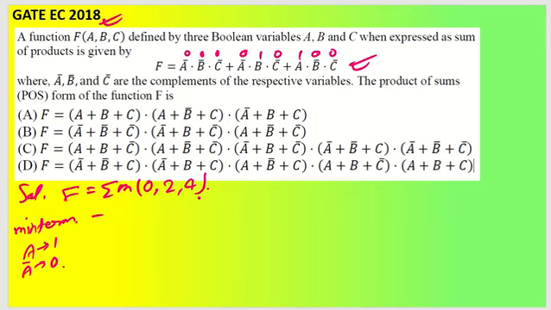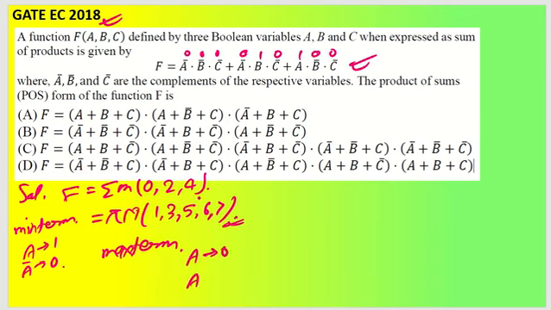So what would be the equivalent terms in max term? So it will be multiplication of max terms: 0 is gone, then 1, 2 is gone, 3, 4 is gone, 5, 6, 7. So you will see that we have 1, 3, 5, 6, 7 in max term, and at the same time you have to understand max term is going to consider a as 0 and a bar as 1. Okay. So if you see 1, so for that what will happen? It is not a bar, it is going to be a plus b plus c bar, because it needs to be 1. Then what would be my 3? So 3 will be,